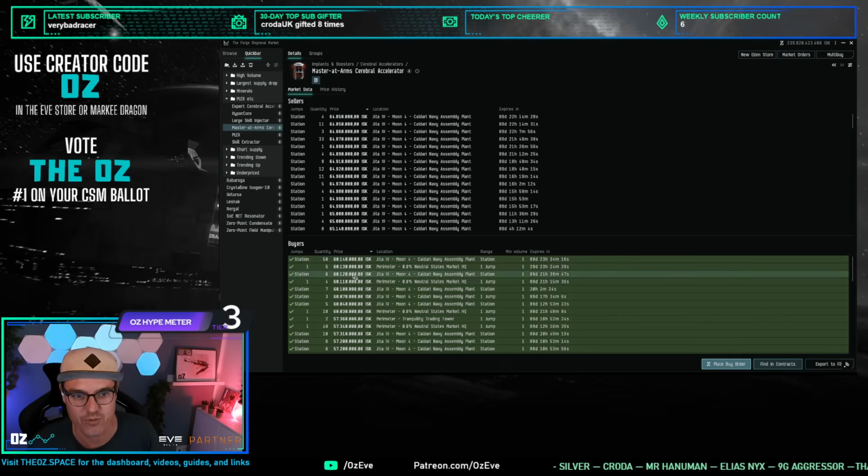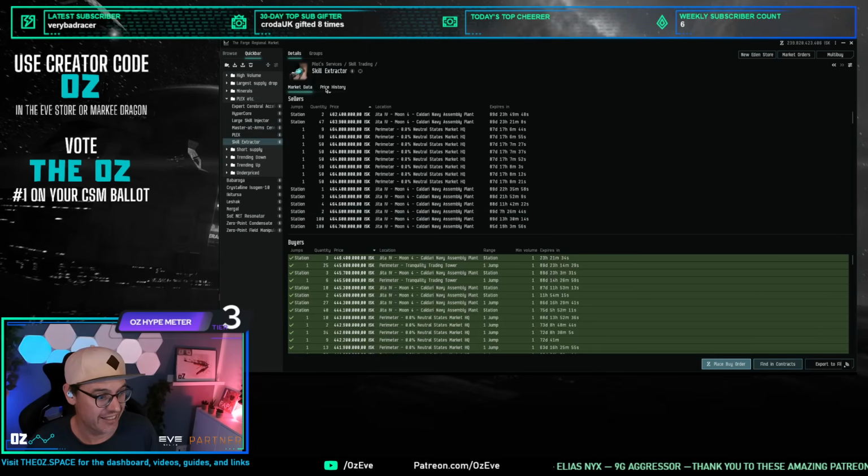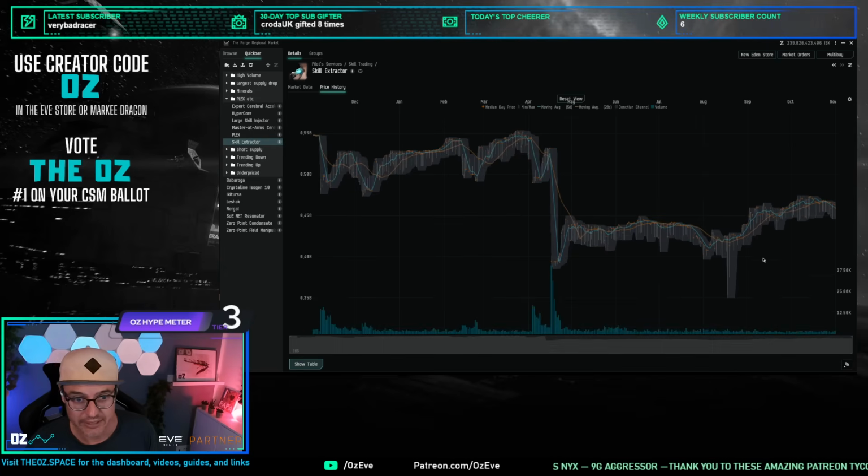Okay, this is right now the best way to earn SP, and this is not even some insider secret. This is just facts. It's just like somebody dumped a lot of these. These are way undervalued right now, and go buy them. All right. Skill extractors to complete the Plex adjacent items